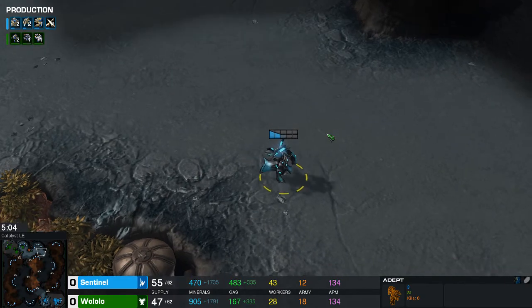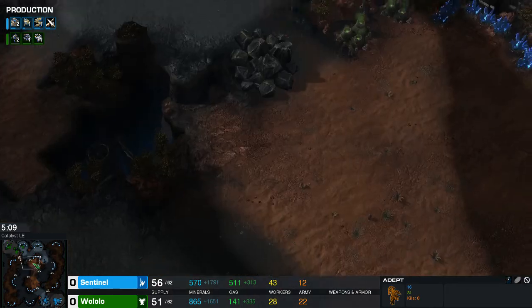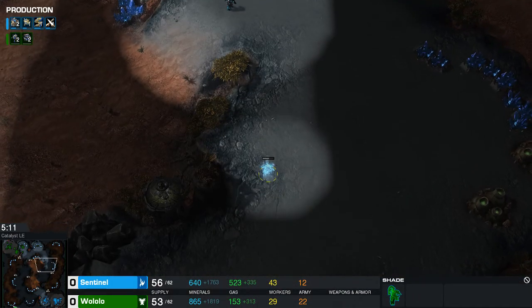I mean, look at that. The Adept just looks so majestic, dude. It's so wizard-like. And as the name implies, Magi definitely loves his casters, so...